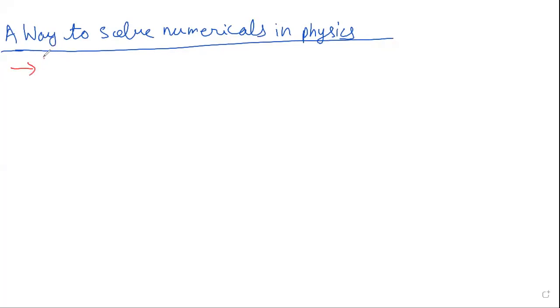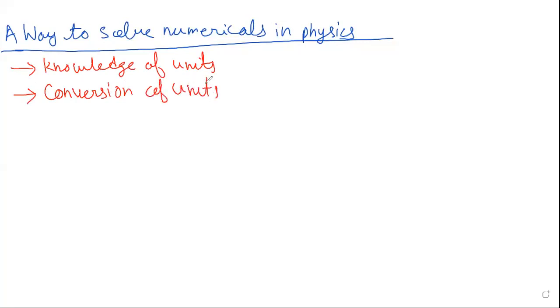First is the knowledge of units. Knowledge of units is badly required because without the knowledge of units, you cannot identify which physical quantity is given. Right? If you have the knowledge of units, then you must be aware of conversion of units if it is required in the question.